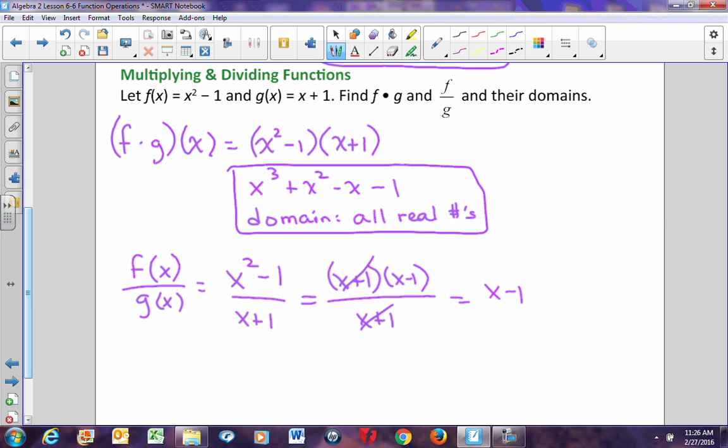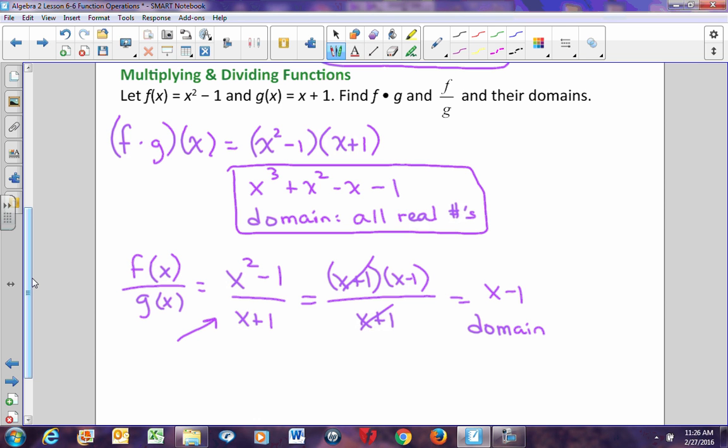But you have to look at your original problem way back here to figure out your domain. If I look at this, my domain will be all real numbers except x cannot equal -1, since x cannot equal -1 in the original expression. Even though my answer is x minus 1 over 1 and I don't have a denominator, so I shouldn't have to worry about it. Remember, my definition of a function, the